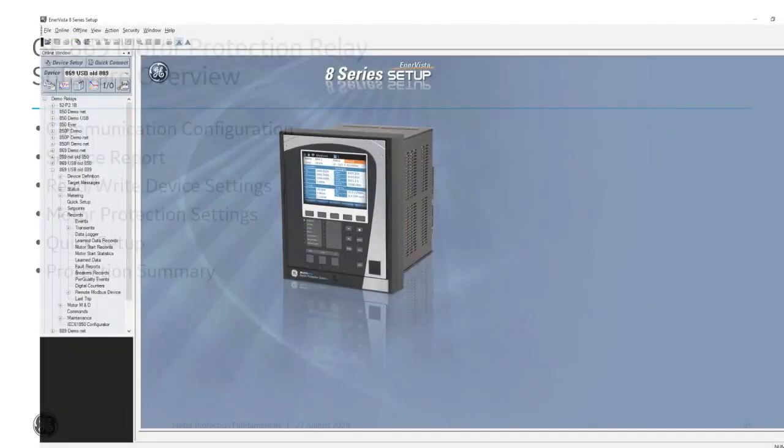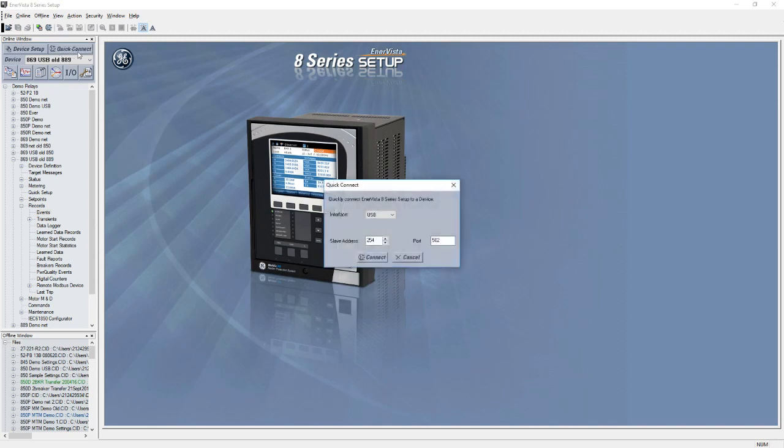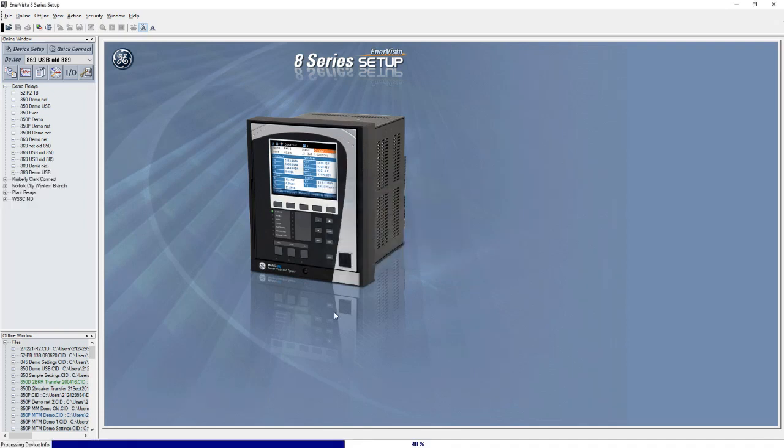All right, so I already had the software open and ready to go. I wanted to show you a few things here. The first thing you want to do when you're going to connect to a relay is you may need to configure this quick connection. Here I'm just going to use this USB, the slave address and the port. They come in pre-configured. If the actual value in your relay has been changed, then you would have to adjust that address. This port 502 is pretty standard. But from here I can just hit connect,